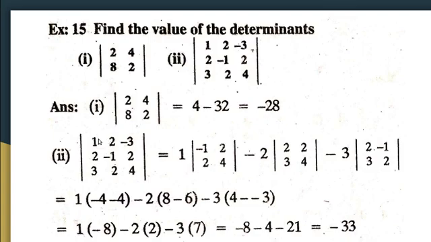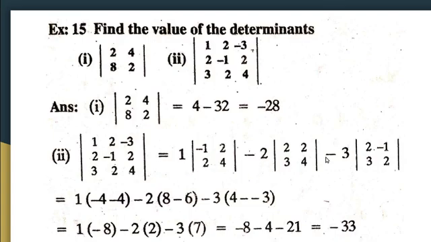Then in this case, take the first element. We are taking only the first row, and then take the first element, strike off the row and column in which that element exists, then find the determinant value of the remaining elements. So 1 into minus 1, 2, 2, 4. This is the determinant of elements in the first determinant. Then put a negative sign for the second element, minus 2. Then strike off the row and column in which that element exists, and find the determinant value of the remaining elements, 2, 2, 3, 4.